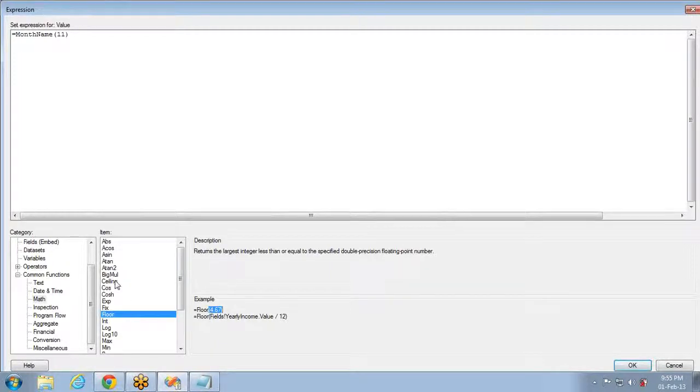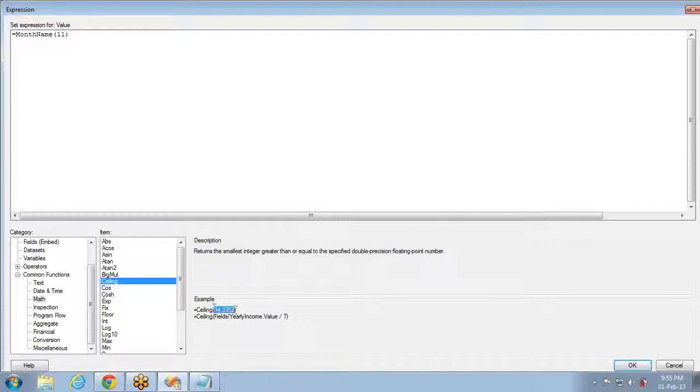If you go for ceiling, it will give you the nearest integer above this value. For 34.3352, ceiling will give you the top value, 35. And for the same 34.3352, if you use the floor function, it will return 34.